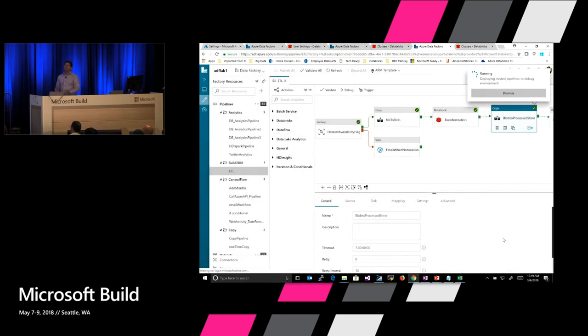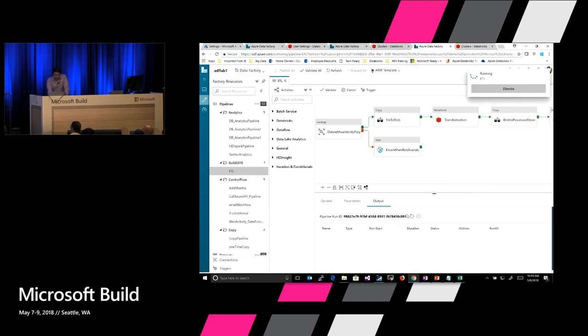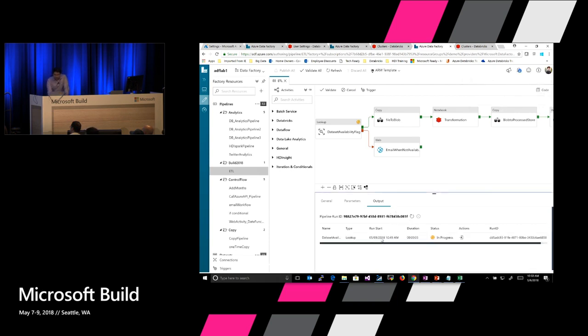Right now I'm just doing a debug to make sure it is actually creating the activities and running. And I can track what stage the activity is at. It is right now in progress, and it is just doing a lookup to see if the flag is there on my on-premises network. And let's say if it fails, it will email me that, hey, the activity was not completed because of this, and it's a failure here. So you see a green box here, and it indicates that it has succeeded this stage. Now it is executing